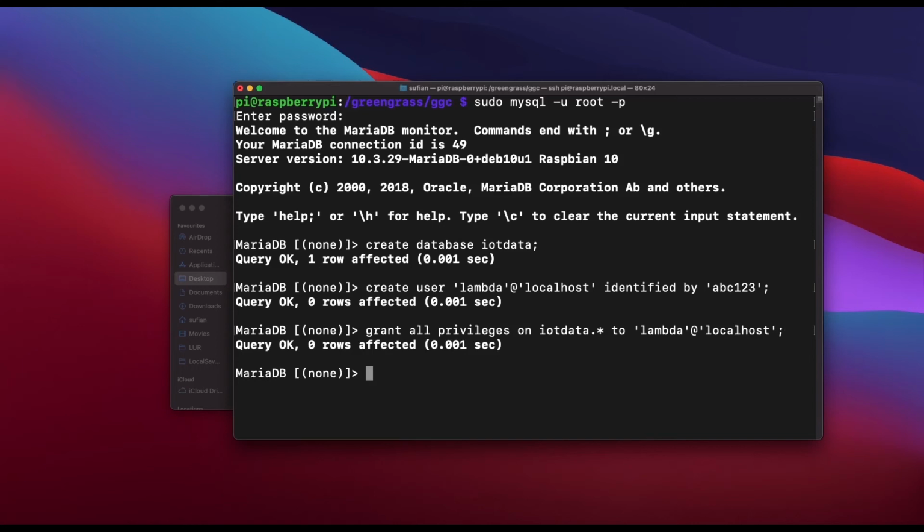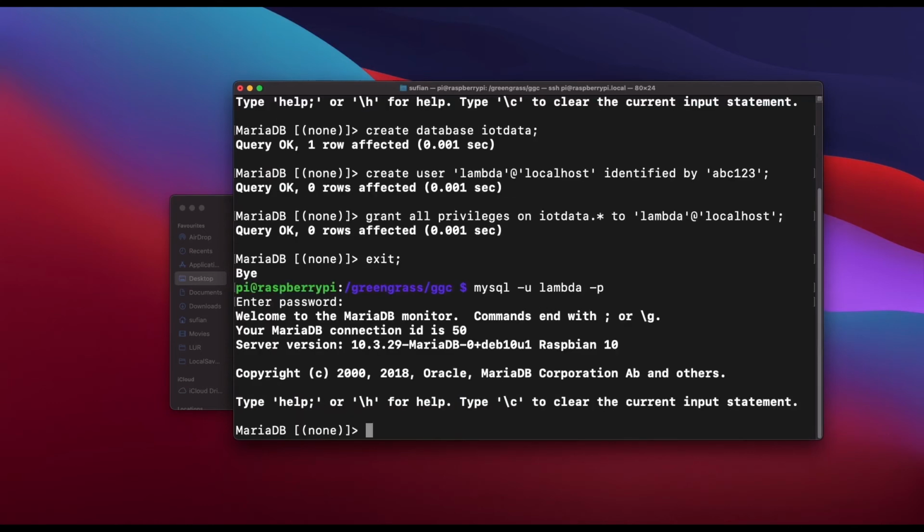Okay, this should have done all of those things. Now let me exit from here, and I'll try to log in, not as sudo anymore. I can just do mysql -u lambda and then the password abc123. Okay, I'm in as that user now.